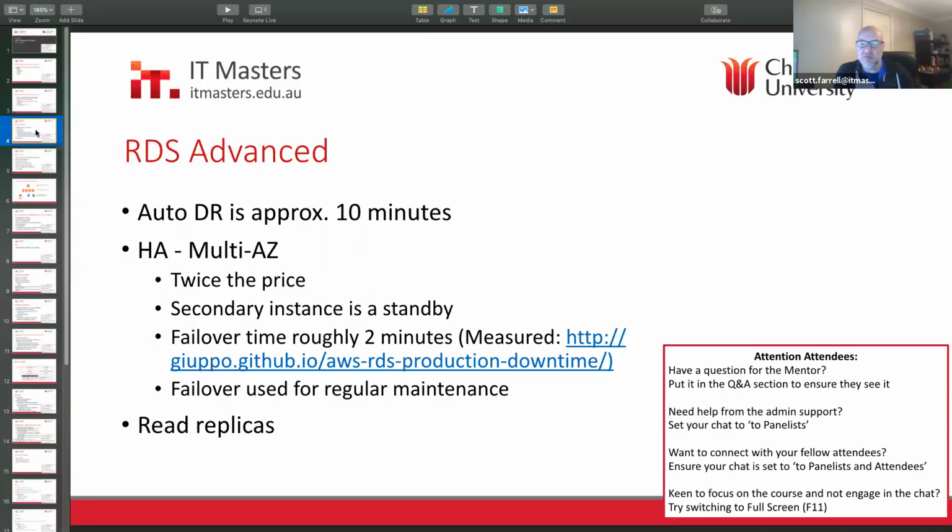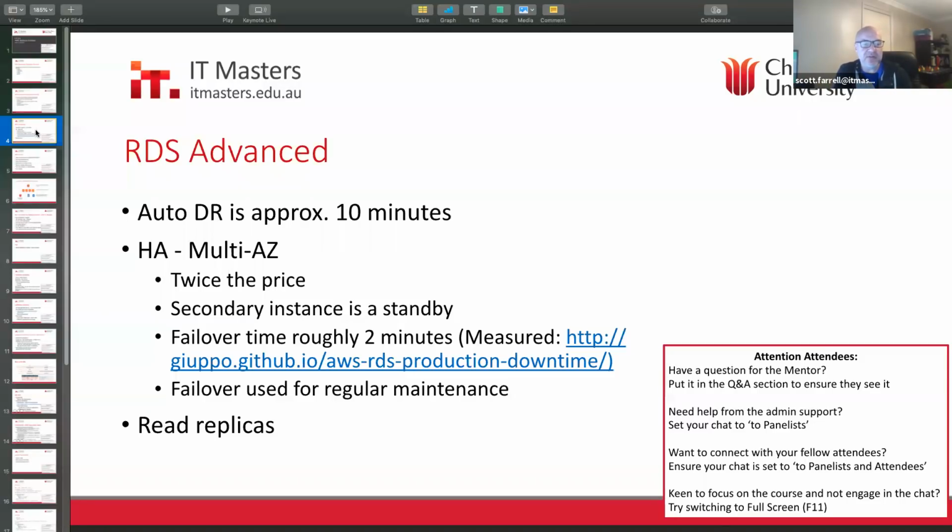For example, remember I said a couple of weeks ago we had a big Sydney Amazon AWS outage and lots of customers were down for 8 to 12 hours. If you had the multi-AZ database, your database would just start up again in a surviving AZ in Australia, say Melbourne, and it would take roughly 2 minutes to get your database up and going again. It's better than an 8 to 12 hour outage if AWS has a really big outage in their data centers.